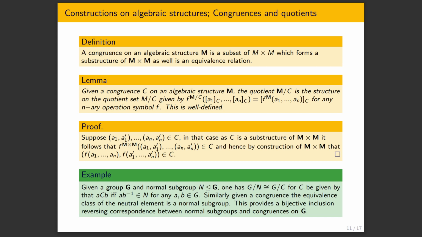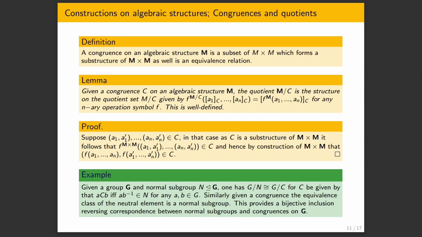And that this is inclusion reversing is something that I might remark on as being important in universal algebra. Often in universal algebra, you want to consider order theoretic properties of substructures. And then you get things which are called lattices, and you can study a lot of things with lattice theory. I didn't go into it here, but maybe we'll see it a little bit more in the talk next week. But yeah, in universal algebra it is very often important to look at order theoretic things. And so here, the remark is that inclusion reversing is actually important for certain things.